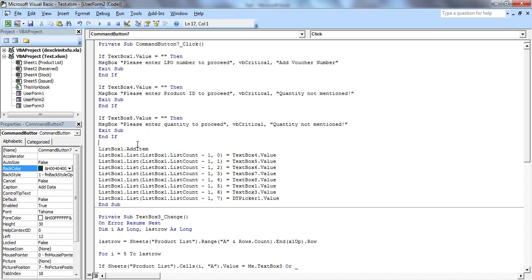After this validation, we will add this code which will transfer data from the text boxes to the list box. First of all, we will mention ListBox1.AddItem. It will add the item. What item will it add and how will it add?